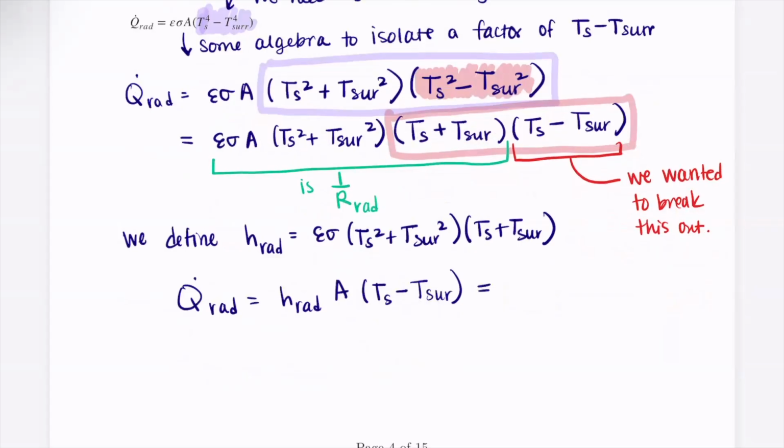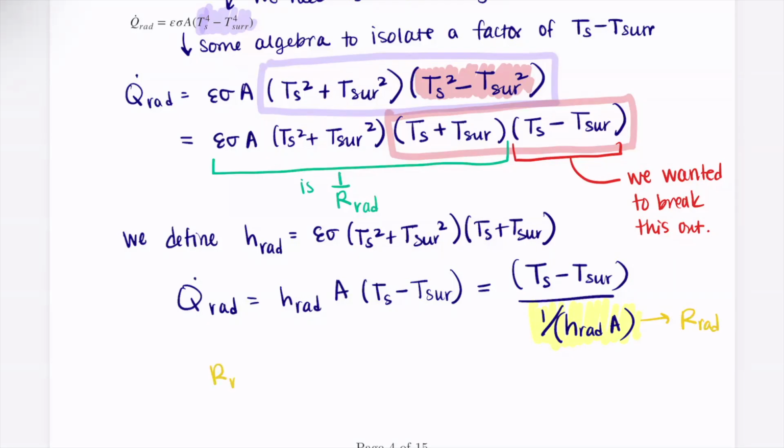And so this means that we can rewrite this as (Ts minus T surroundings) divided by 1 over H_rad A, where this is our R_rad. Okay, so R_rad is 1 over H_rad times A. Very similar to what we had for